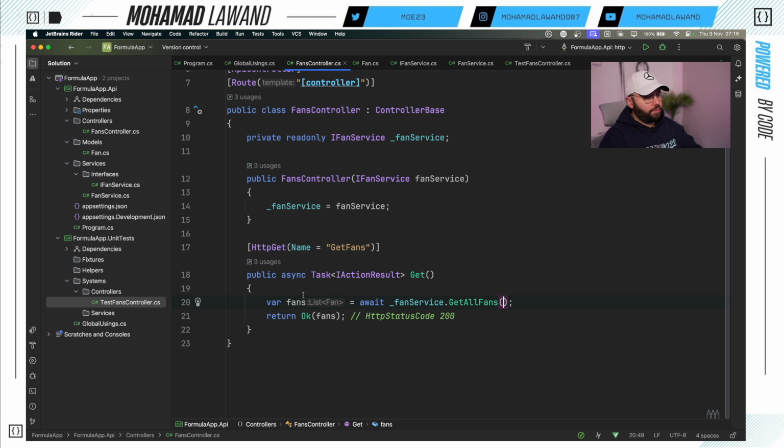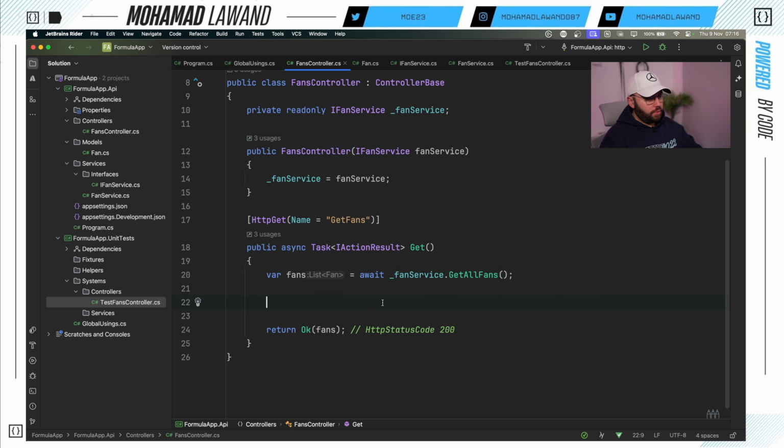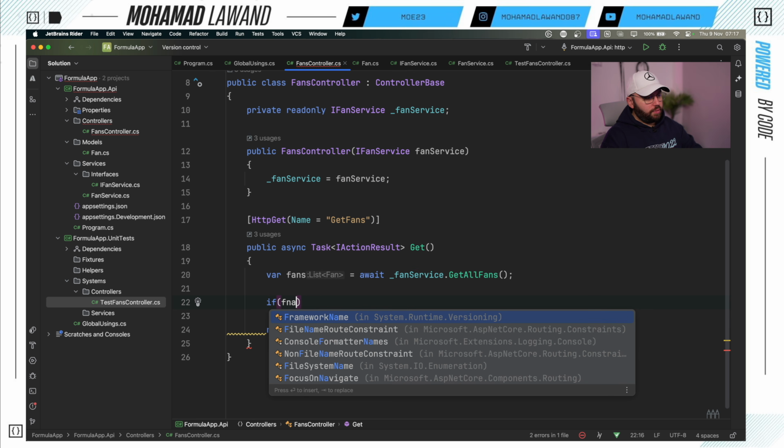So now here, basically what we're doing is whenever we have any type of result, we're returning OK. What we want to do is, what happens if this fans controller does not contain any users, an empty list of users? How can we actually return this here? Because we don't really want to return an OK for an empty list of users. What we can do here, we can put if